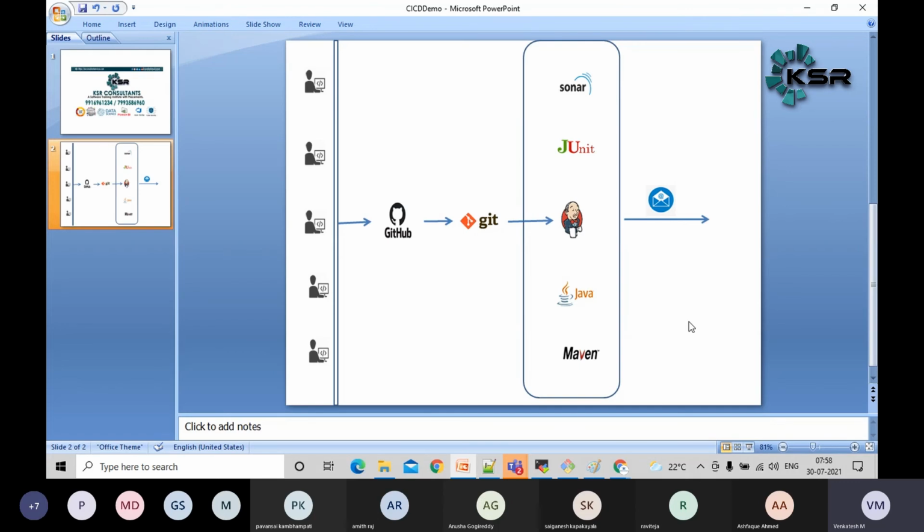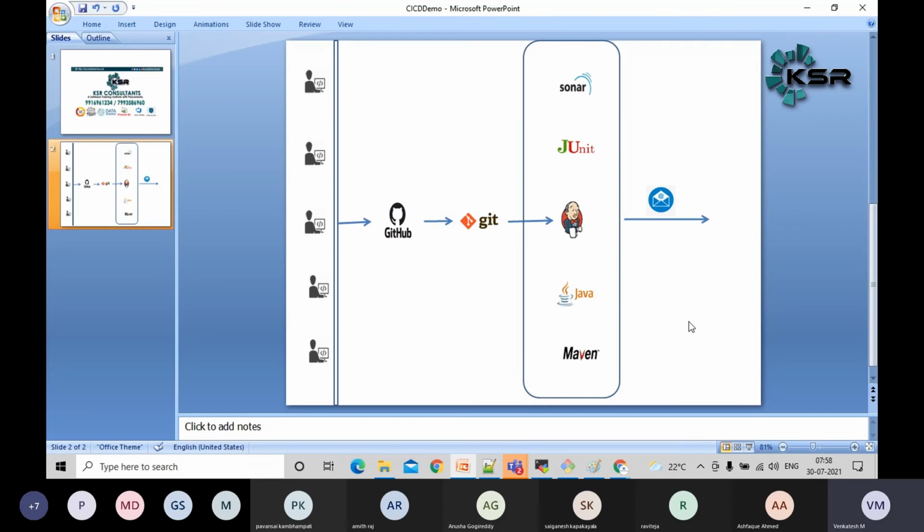The next topic is pipeline as code, guys. I have created a scripted pipeline and also a declarative pipeline. As I mentioned, these two topics will be thoroughly covered next week. As of now, let's know only the basic stuff. From next week, we will go deeper into pipeline as code. If you have any doubts, let me know, guys.